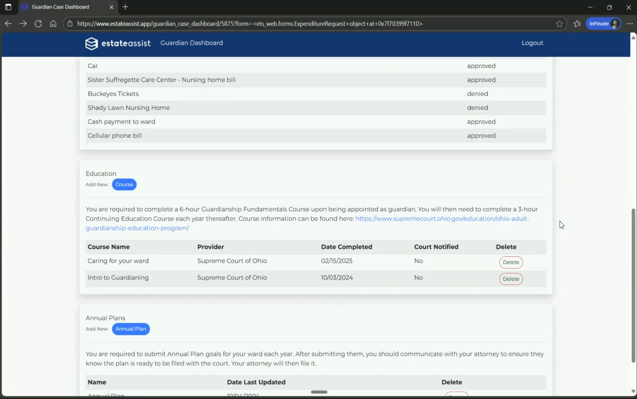Okay, let's look at the rest of the Guardians portal. Education courses, of course, our guardians are required to take annual education, starting with the longer class in their first year and then the ongoing thereafter. By the way, notice we do have a link for your guardian right here in their portal to the Supreme Court's offerings for the education programs so that they can easily log in and click on this and go find a class to take. But also,